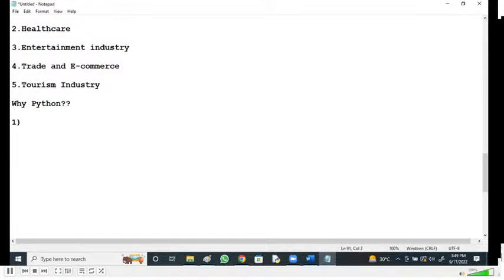First, very little coding. Secondly, simple syntax that looks like normal English statements.